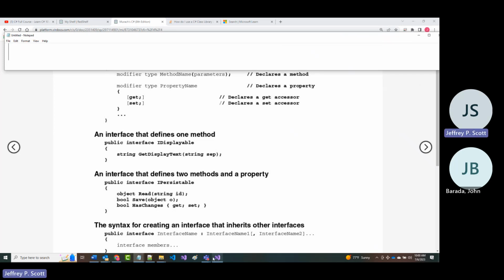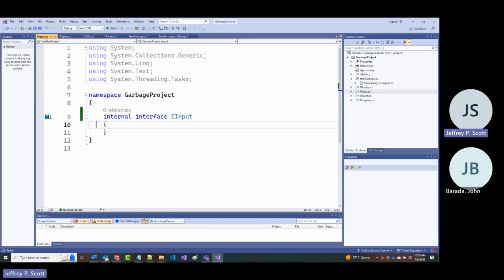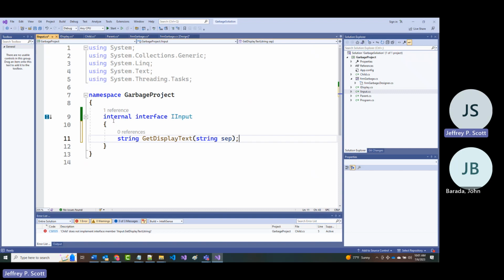There's a reason I want to show you this. So coming back to the input, I'm putting in that line of code. What this is, again, for lack of better words, is like a contract. It is saying that any class that is going to implement this interface must put in a method called GetDisplayText. It must return a string, and it must have a string passed in as a separator.